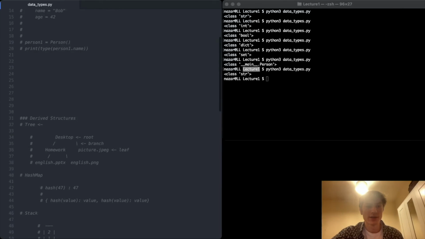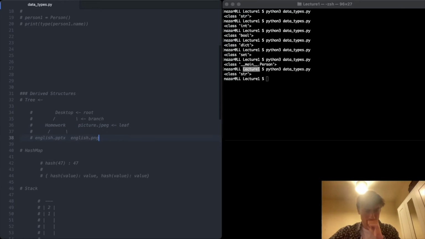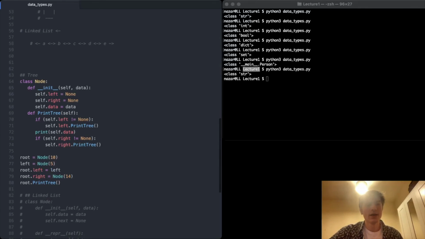Looking back at the tree, we have a root, and then it has children. It has leaves which are connected to the root via branches, and it can go on indefinitely. So the way we could define it in Python, obviously if we didn't want to use an external library, and if we wanted to understand how tree structures work